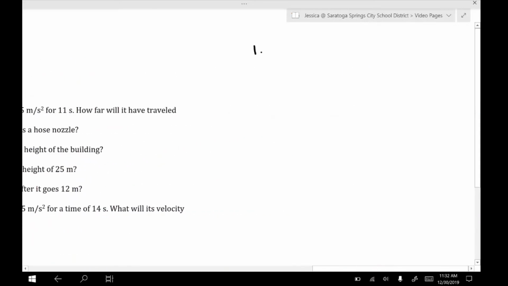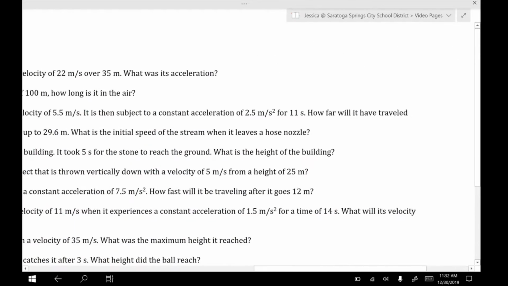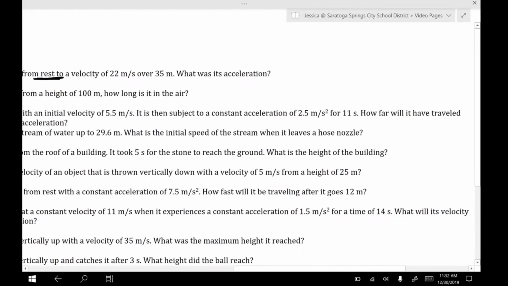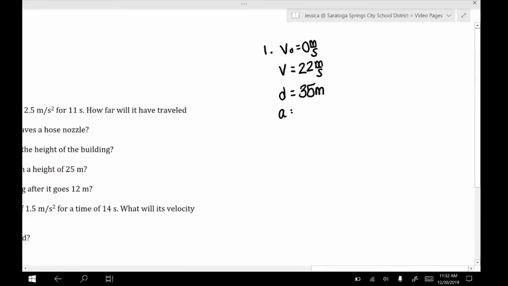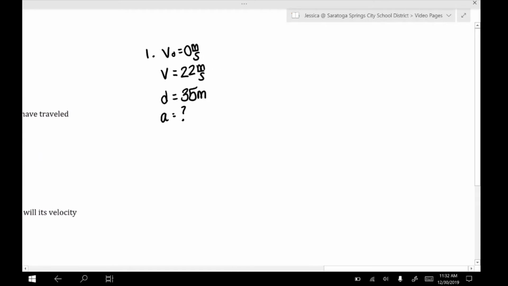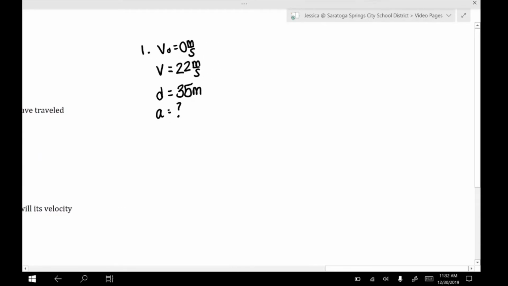Okay, so we have an initial velocity of 0. We have a final velocity of 22 meters a second. We have a distance of 35 meters. And we need the acceleration. So we want to find an equation that has those four and only those four variables in it. Now I notice that the one variable I don't have is time, so I should probably use the timeless equation,